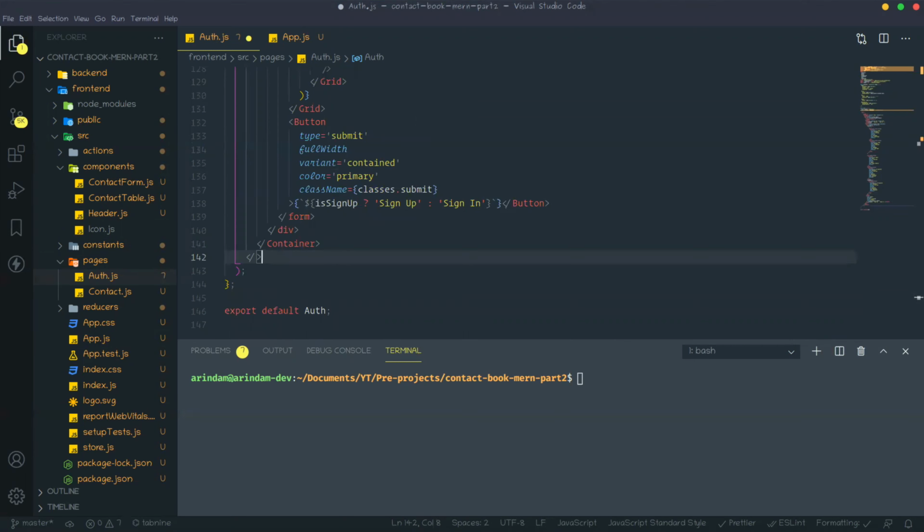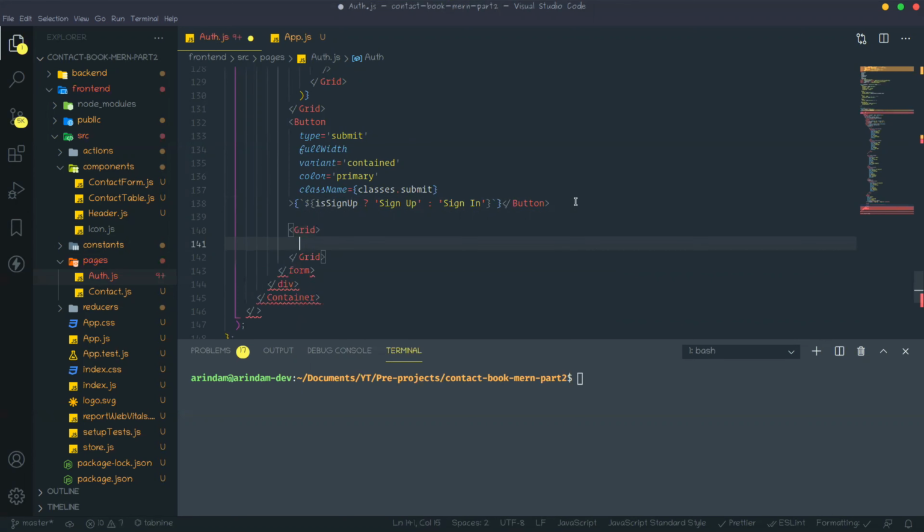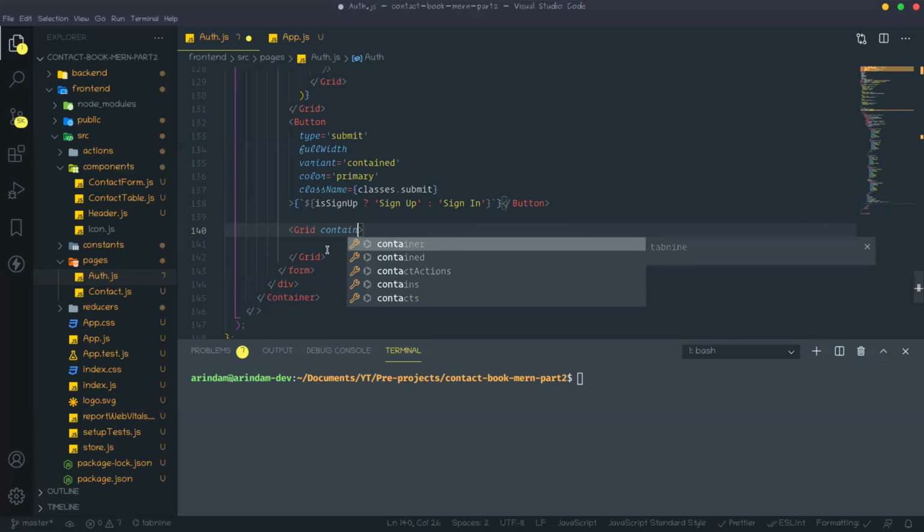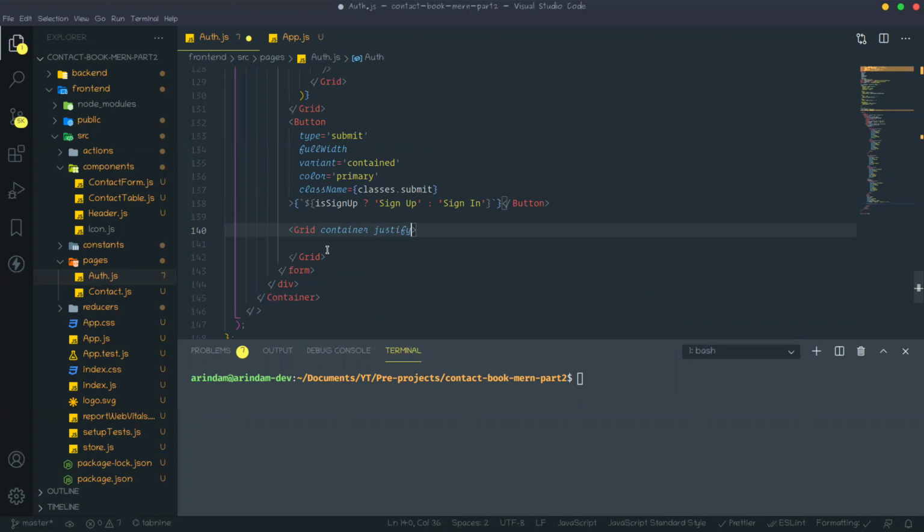now we need to create one link to switch those forms, means sign up to sign in or sign in to sign up. So for that we need to create another grid after this button. This grid will take two props like container, and another is justify, should be flex-end.